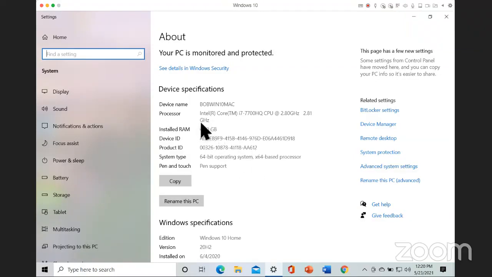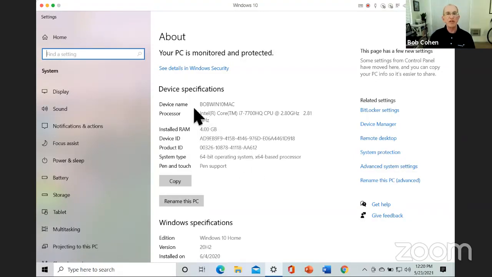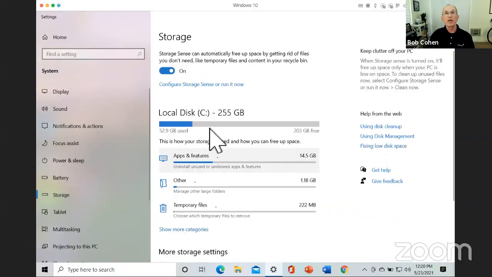Okay, so what you have here is a processor speed, a Core i7, that tells you how fast it is and what you've got in there. And it tells you what your installed RAM is. Okay, so that's where you can find out that information. And when you go to your storage information here, you are able to visit and see your local disk, okay?